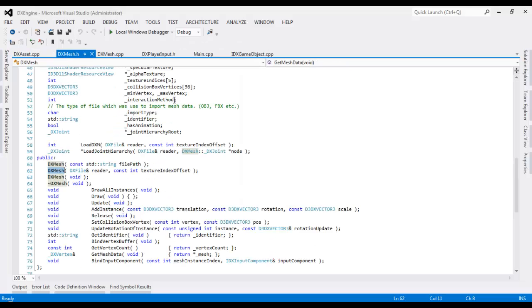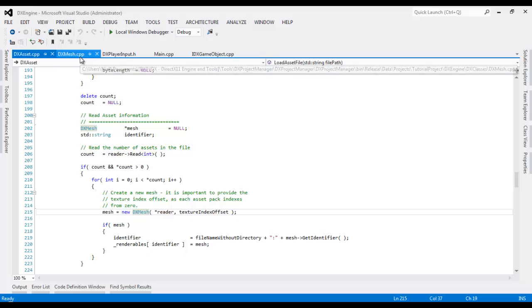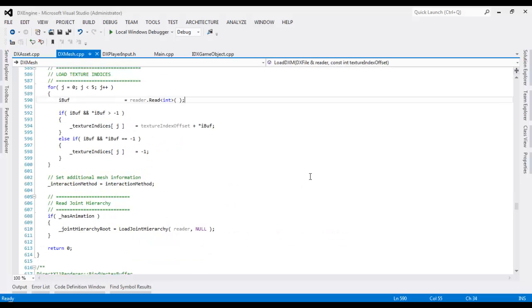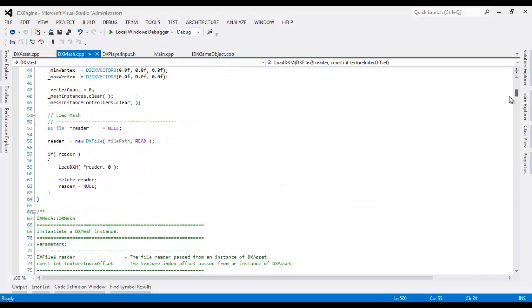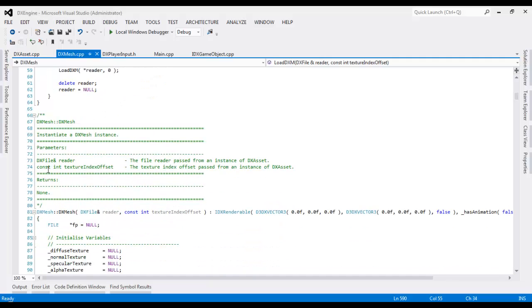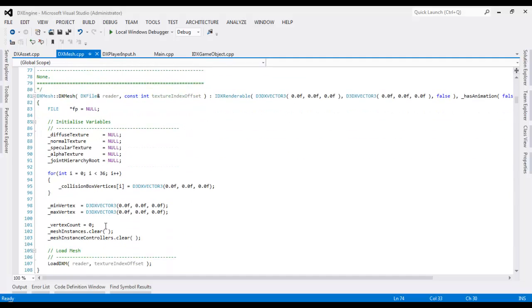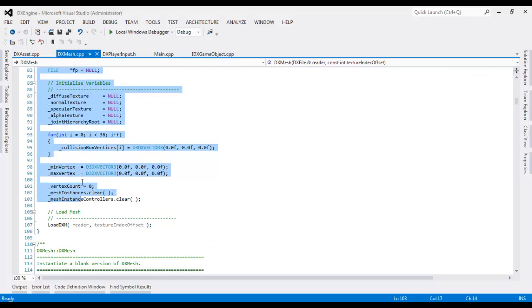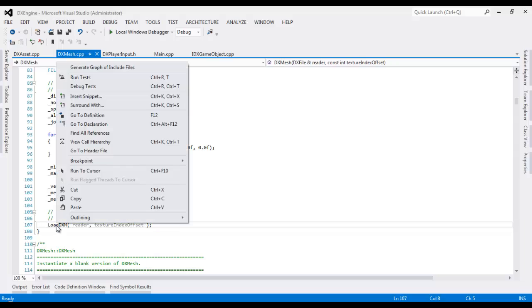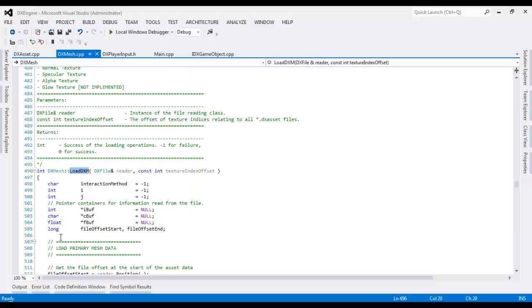and this is where we'll go into now by right-clicking and clicking Go to Definition. At this point we'll go into our DX mesh CPP file and scroll up to the constructor that we need, which will be here, which requires our DX file class, which I'll go into in a future tutorial, and also our texture index offset, which is calculated by the asset loader. What we're doing here is initializing a bunch of variables required by the class, and then we're loading in our mesh, our DirectX mesh. So if we right click and click Go to Definition,